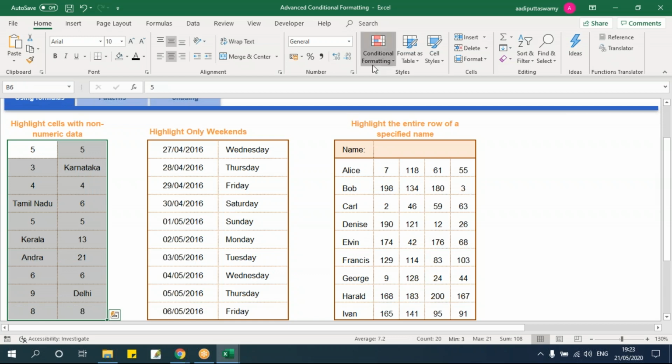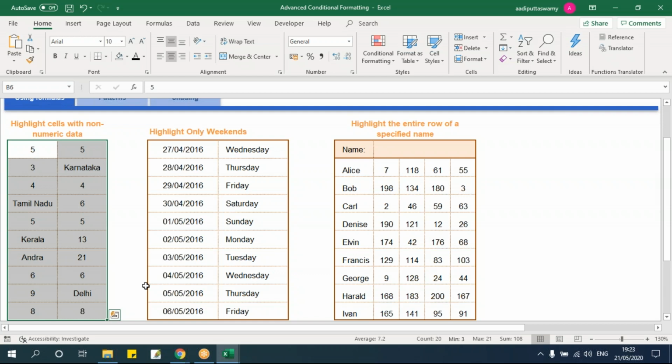In the options we have here, we don't have that option to highlight all the text values. But if you want to do this, I can still do it because I have conditional formulas or say any conditions. I can just apply on this so that depending on that condition, I can highlight the cells.